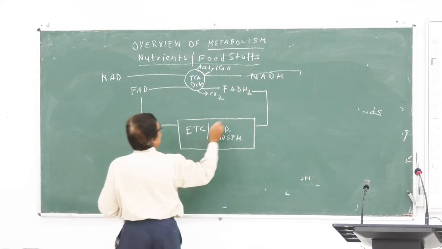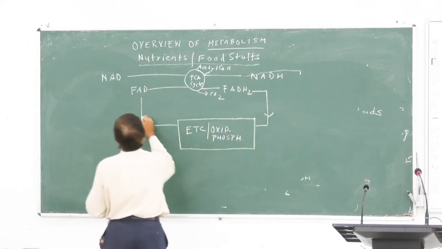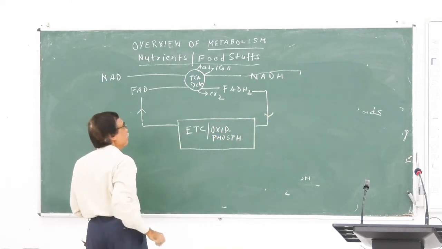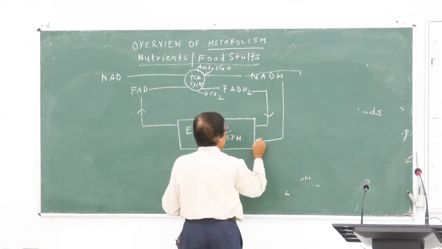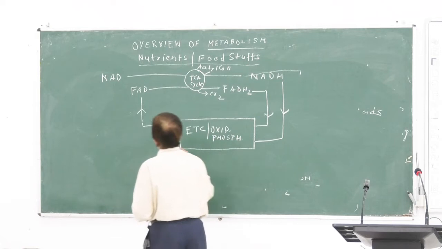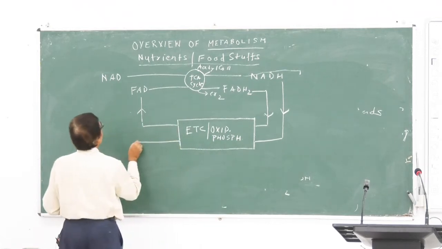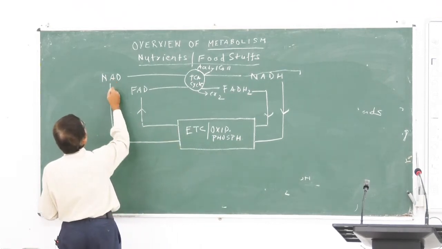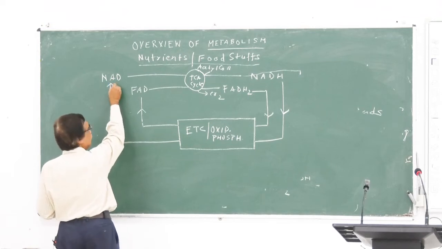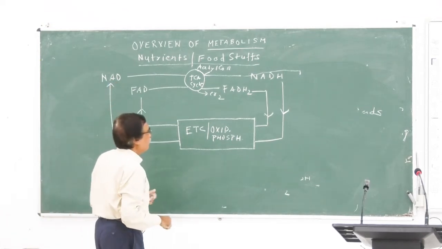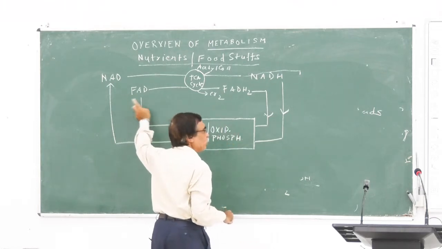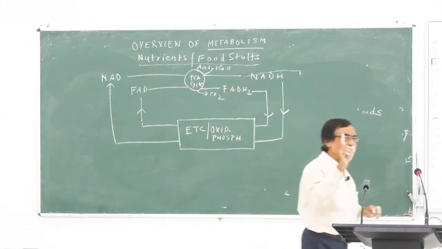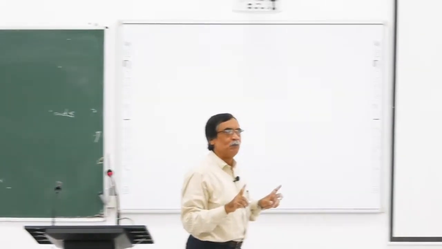FADH2 আসবে, ঢুকবে, বেরোবে FAD হিসাবে, NADH2 ঢুকবে, বেরোবে NAD হয়ে। তাহলে এইভাবে NAD আর FAD আবার রিজেনারেট হলো। তাহলে পারপাস অফ দ্য অক্সিডেটিভ ফসফোরিলেশন আর দ্য টু